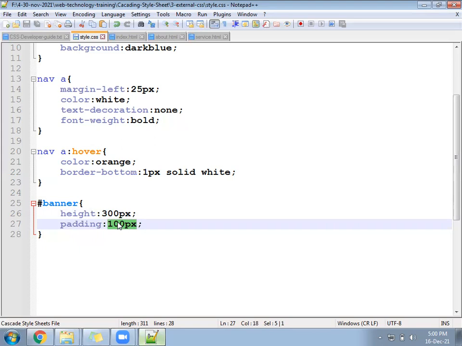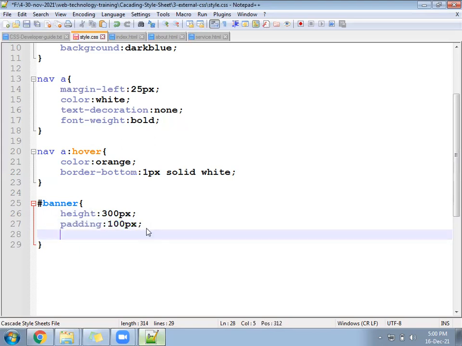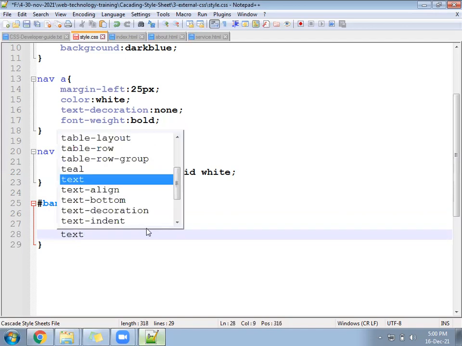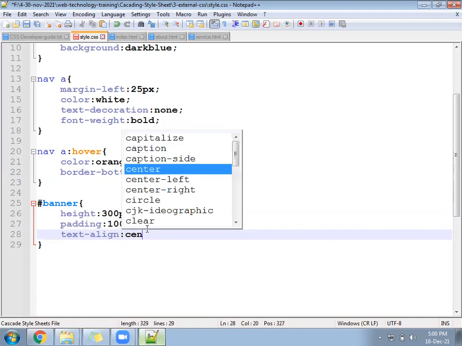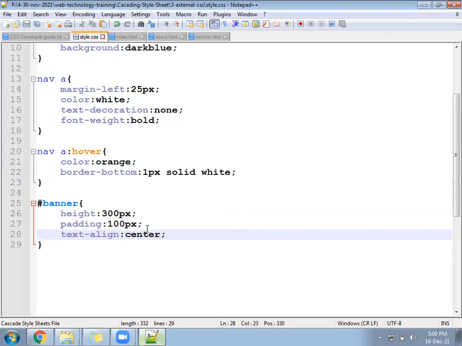It becomes 500. Then whichever content you put inside should be text-align center. It should come in the middle. Text align center.